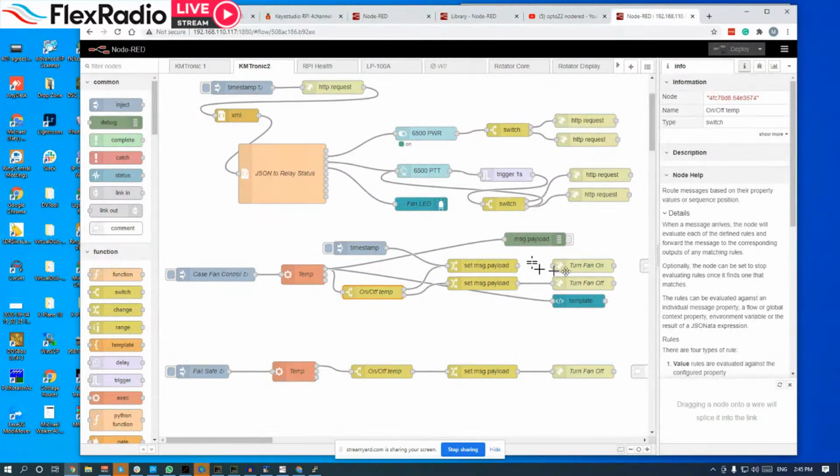Now you notice there's no wiring right here for the turn fan on. It's because it's winter, and I never want that fan to turn on even by accident during the winter, because my shack is not heated in that area. Ultimately,